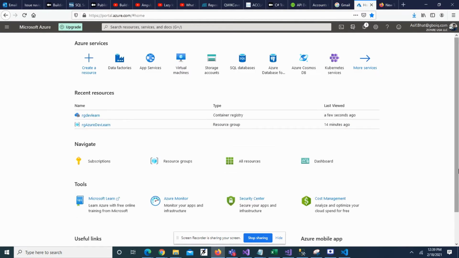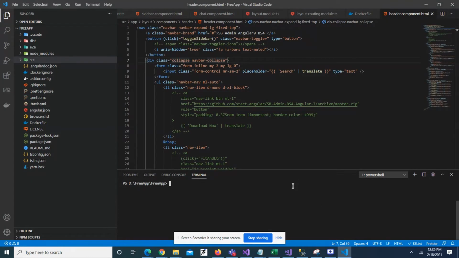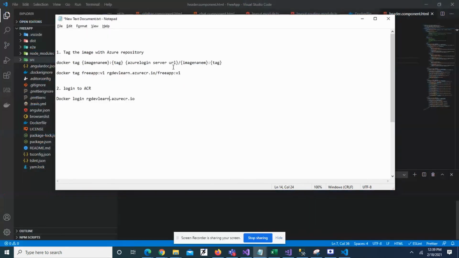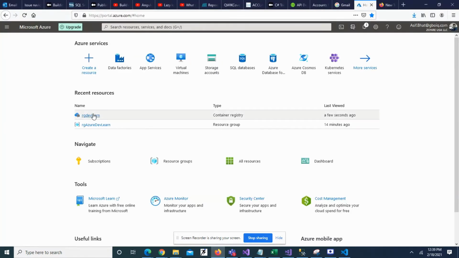Now let's go back to Visual Studio Code. Here is our project. Since we already created a Docker image of our project, now it's time to push that image to Azure. We have to follow a couple of steps to accomplish this. First, tag our image with the Azure repository and then log into Azure Container Registry. For tagging the image, the command is simple. We have to type docker tag, then our image name and its tag, and then our Azure login server URL,